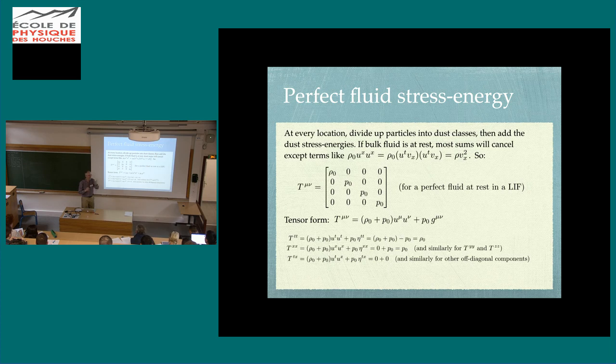So you say, in this region, how many of you are moving in the plus x direction with this velocity? And people raise their hand, and you collect all of those people into a class, and you say, okay, this is dust for that particular velocity in that particular direction. And you add them all together, and in the frame where the bulk movement of the fluid is at rest,